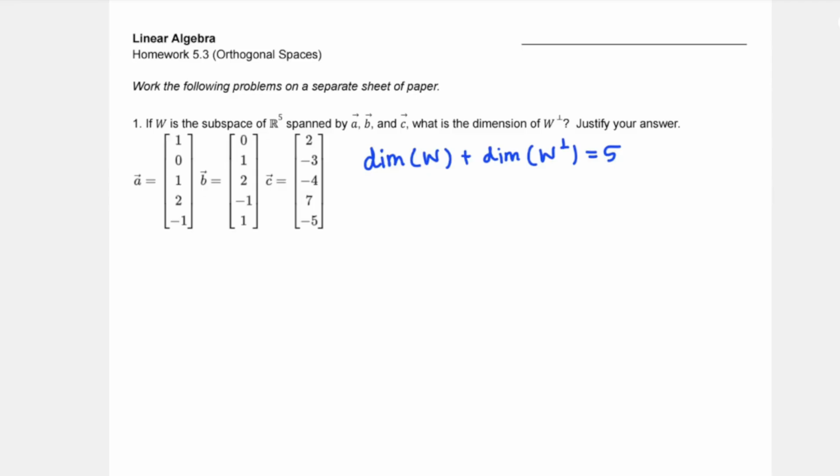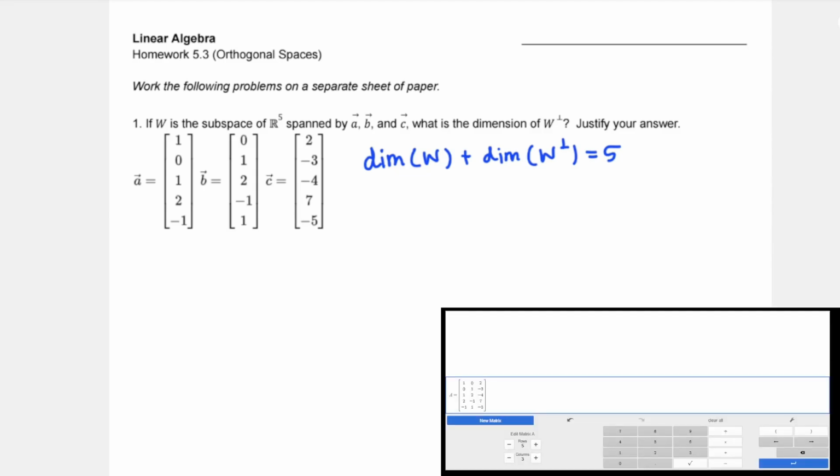And W is the span of A, B, and C. So we're going to see what's the dimension of that span. How many independent vectors are there? I know it's at least 2 because I don't see any vectors that are proportional to each other, but I guess it's possible that C is some combination of A and B. So I'm going to grab a calculator